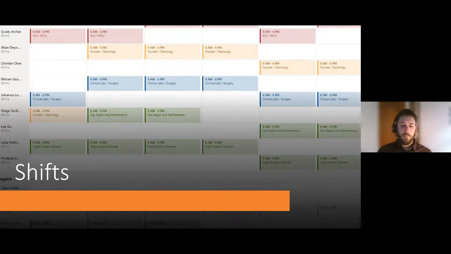But first up is Shifts. So the Shifts app, like I said before, is built in to Microsoft Teams. It's a tool that can be used in any environment, but it's especially useful in healthcare when you can build out shifts for different teams and departments within the organization, right? So you can see here in this example,